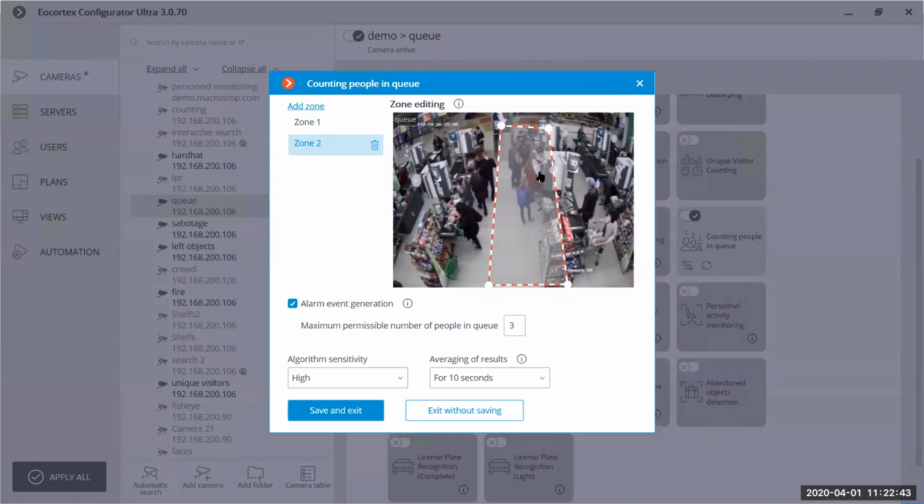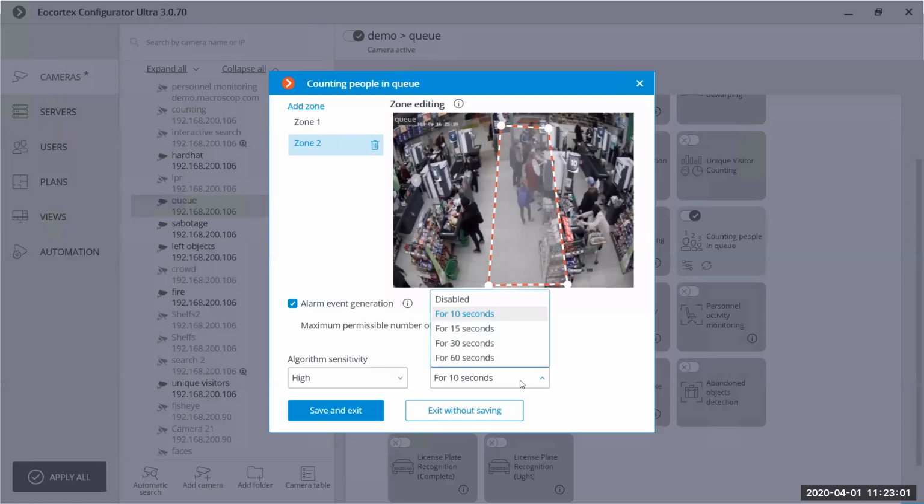This zone will be scanned, and here we can set the maximum permissible number of people in this queue. Right now it's 3. Other settings are available, like sensitivity and averaging of results.